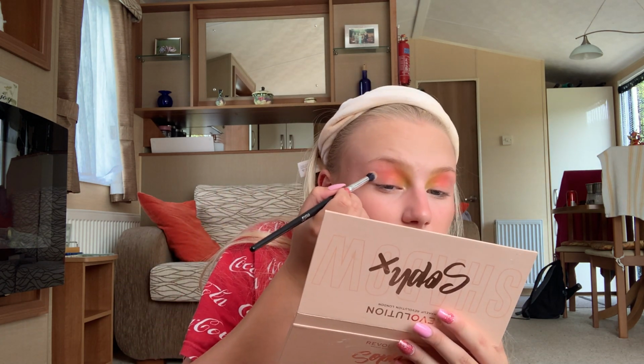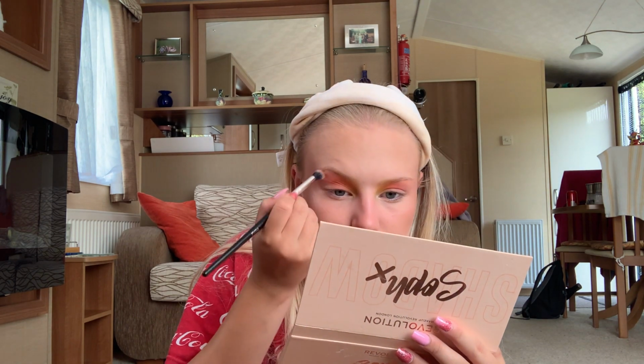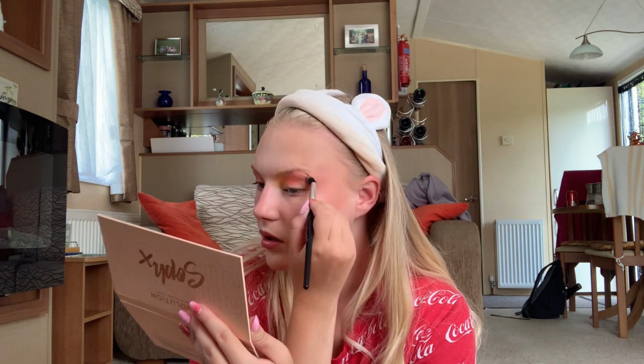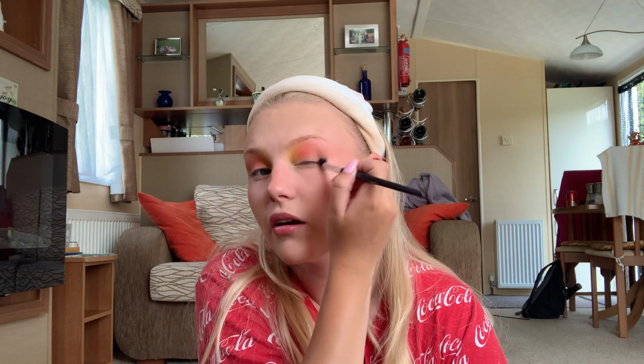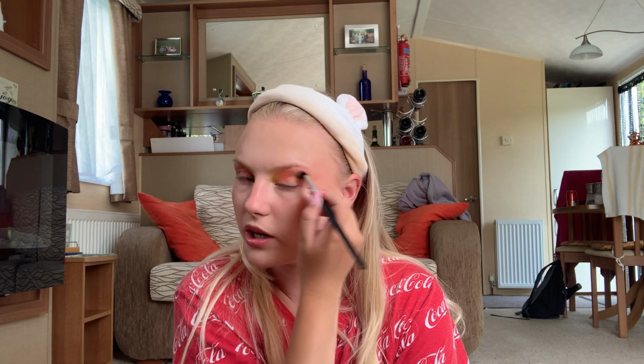I'm going to take the shade Cookie Dough, which is a brown shade from the palette, and I'm going to put that in the outer corner and blend it out. I love this shade so much. Cookie Dough is one of my favourite shades in this palette, I think. It's such a perfect neutral shade. It's like not too cool and not too warm. It's beautiful. So I'm just kind of pulling that out